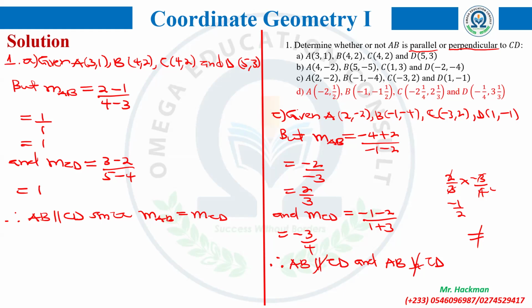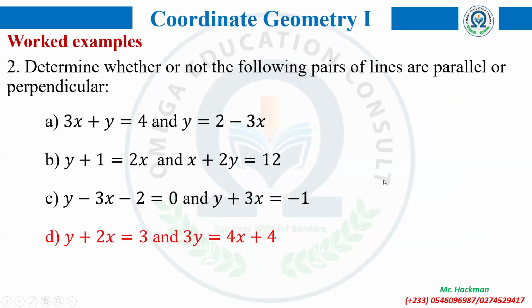So you could be given the gradient of one line, and given points, and you'll be asked to find the gradient of the line joining the two points, which will be perpendicular to the already given gradient. So if you are fine, then we can move on to our next concept. Here we are going to look at how to determine,